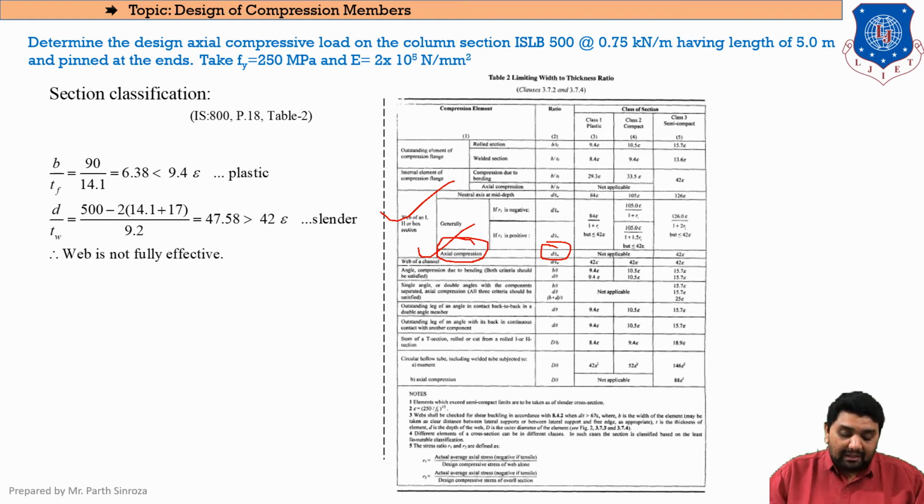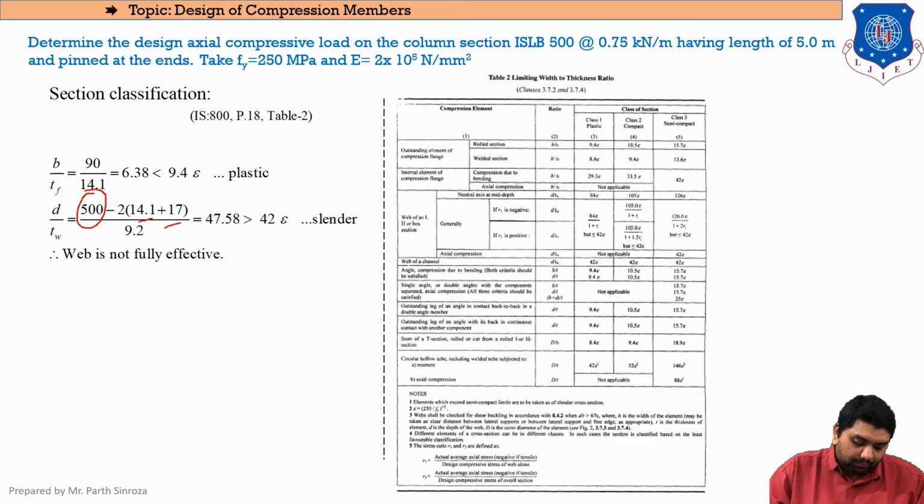Capital D will be our 500 that is given in the question. This is small d, that means depth of web. Again, keep in mind, clear? This is just the depth of web that we'll see how to calculate. And again, for that, class 1, class 2 is not satisfied. So we will always be checking whether this ratio is less than 42 epsilon or not. So our equation here comes out: 500 was our total or overall depth, minus twice of (TF plus R).